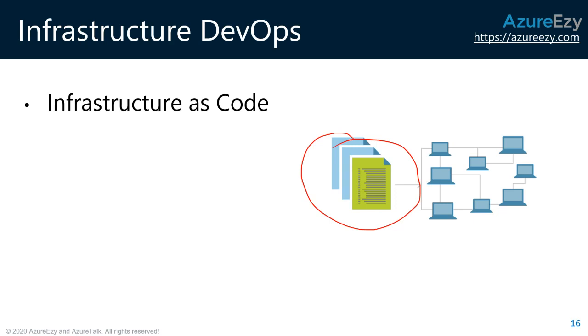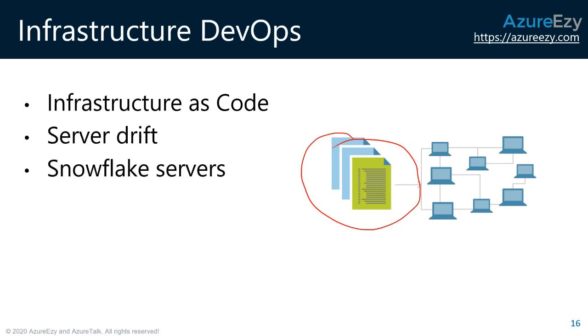Why did this come, why did this particular discussion start? It's not that someone just wants to practice the application development way of making changes or doing things. It was because of something called server drift and snowflake servers. What do they mean? From the topic point of view, it is a very interesting topic for infrastructure engineers. But let me try to relate it to developers as well.